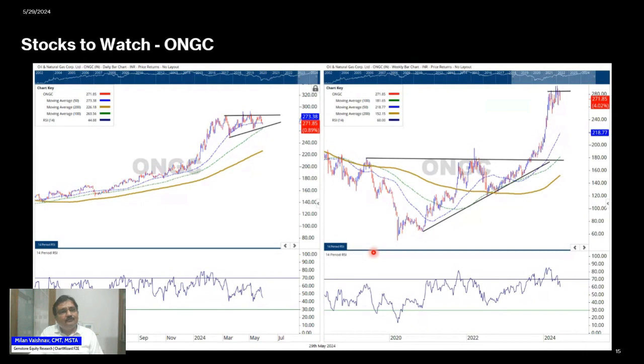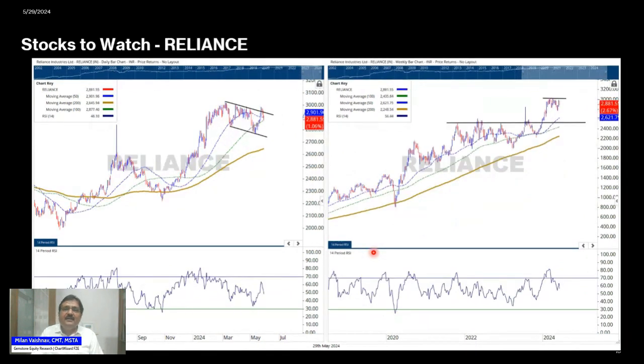Another setup that I'm seeing is in Reliance. After marking its high above 3,000, we are seeing the stock in a declining channel. It is seen consolidating on the weekly charts, but by and large, even if it declines until its 50-week moving average, which is 2621, even then, each such decline will qualify for accumulation,